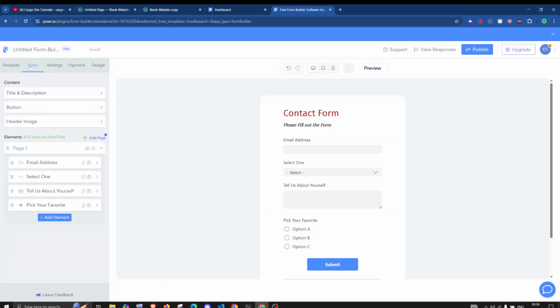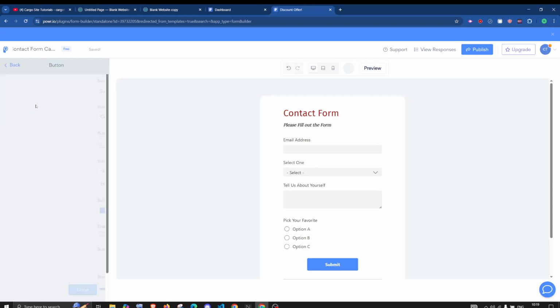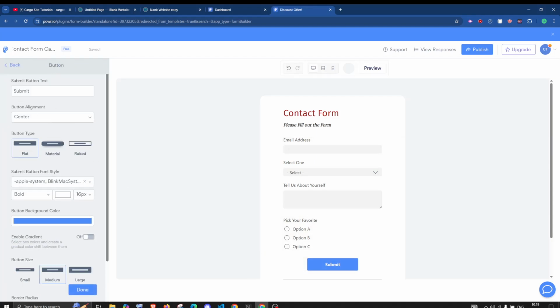From here, let me rename this form as contact form cargo. And yeah, after that, you can select the button. So this is basically the submit button, submit form. I can change the text from here.